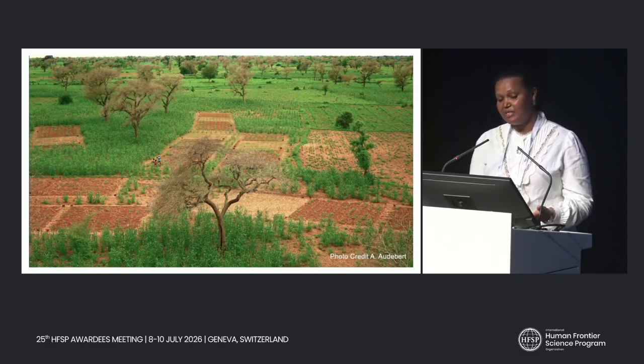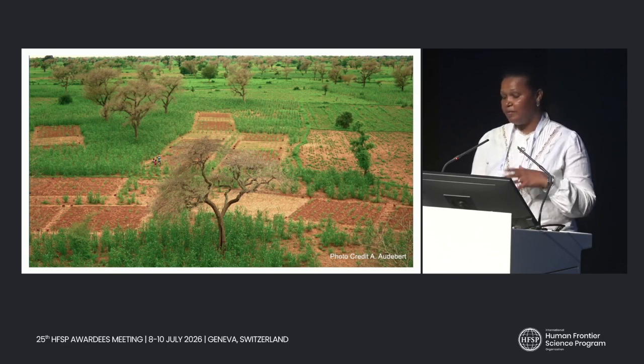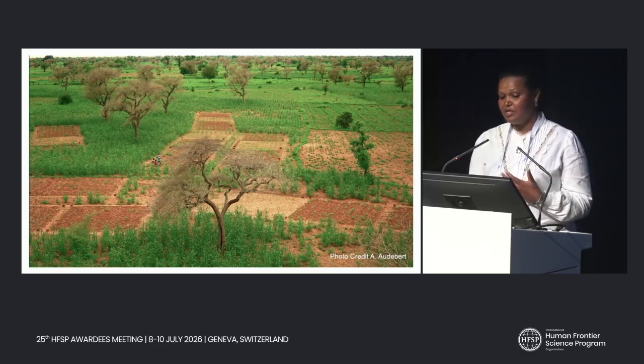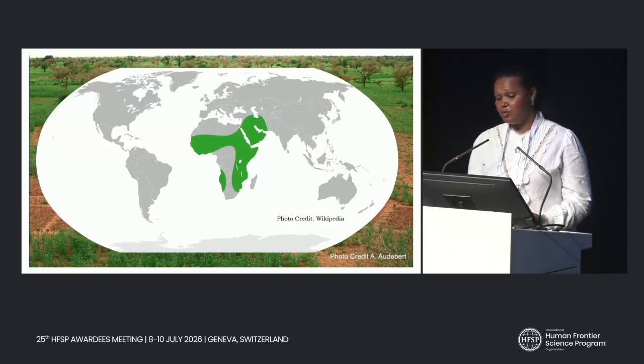But when we think about it, it's even a good reason to develop a method to properly characterize and detect the rings, because this gives us an opportunity to study what happens in the dry season. Whenever we extract information using tree rings, it is about the growing season climate. But in the dry season, we don't know, because every tree is dormant at that time. But this tree can give us information, and it is widely distributed in Africa, so it's not some tree growing in a very limited habitat.